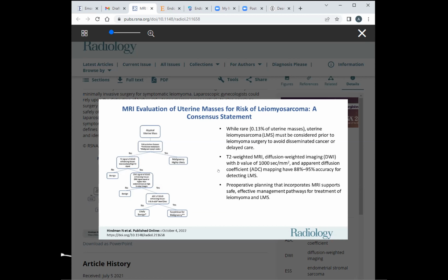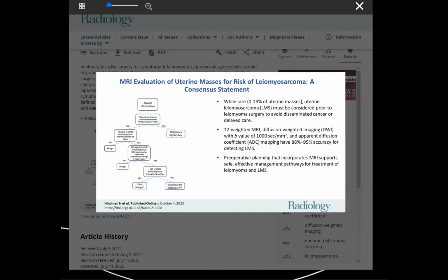we did the percutaneous biopsy, it came back leiomyoma. We know that leiomyosarcomas do not arise from leiomyomas. So if you have a biopsy that shows a leiomyoma, it's not like sampling error. It's not like you're like, oh, wait, but there could be malignant degeneration in another part of it. That's not the precursor lesion. It's like a completely separate